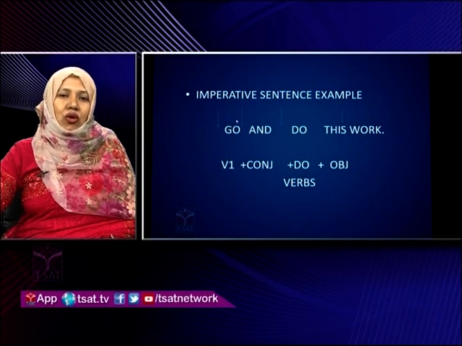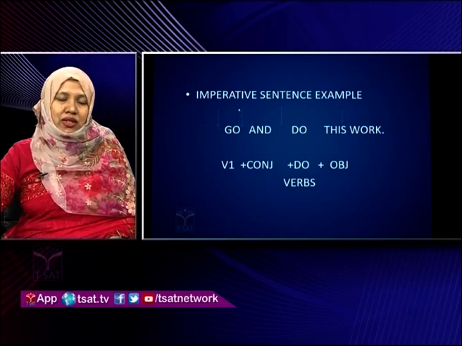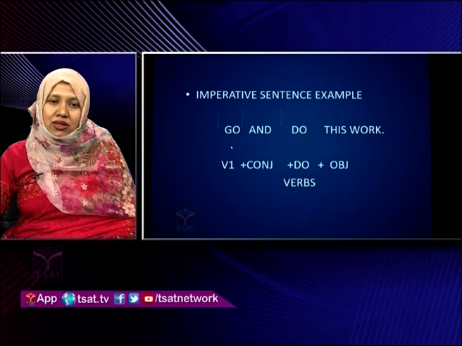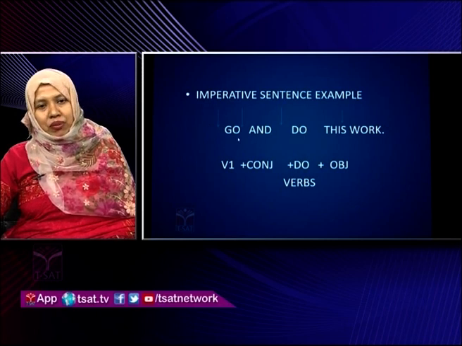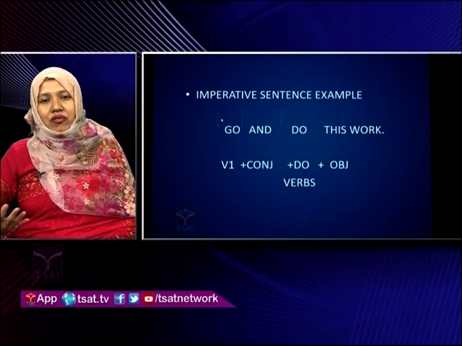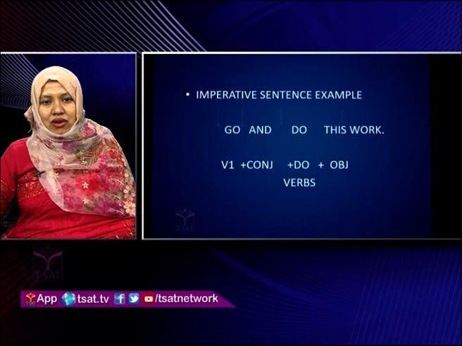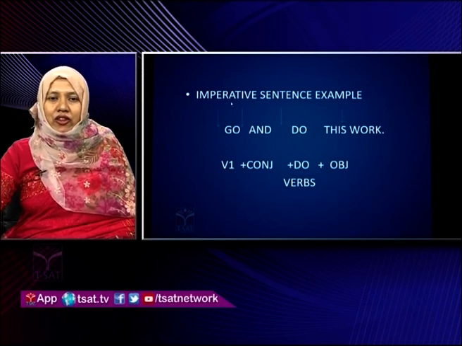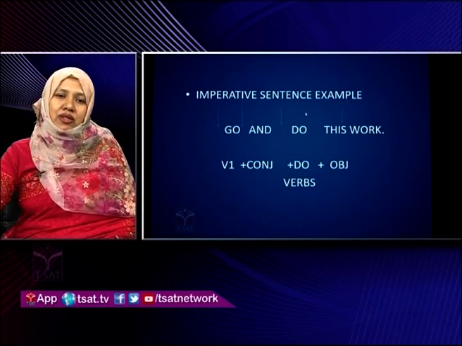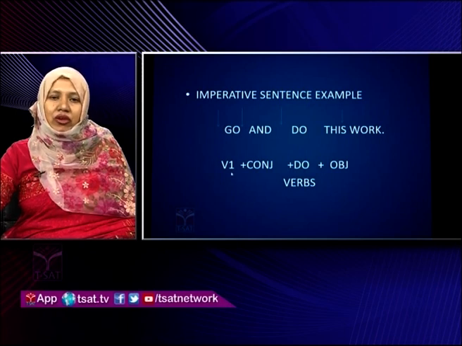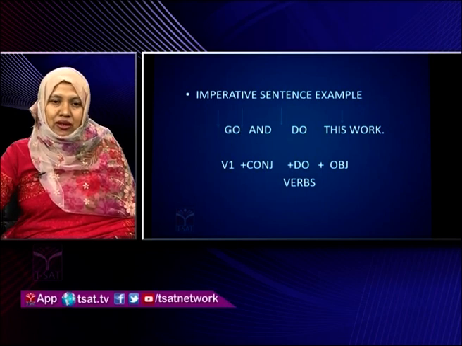So if there is no subject in the sentence, then that sentence can be an imperative sentence. As you all know, the sentences are of different types: imperative, assertive, declarative, exclamatory sentences, etc. So you have to see which kind of sentence it is. If it is an imperative sentence, it starts with a direct verb. Go and do this work, as given in this example. So here the first word to start the sentence is go.